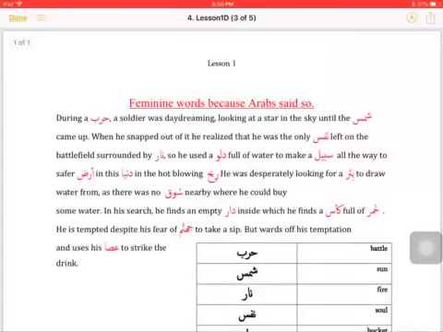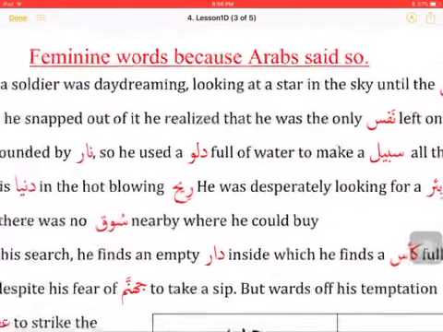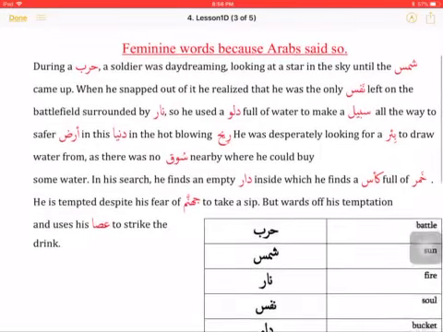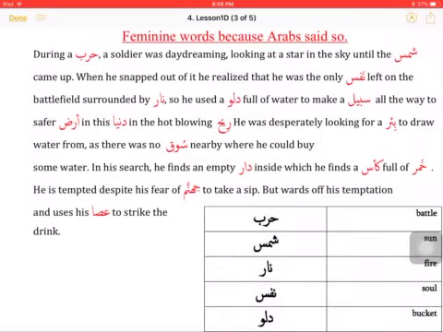So there is this story that Brother Nouman Ali Khan made to make it easy for his daughter to learn some of these Arabic words that are mu'annath. During a harb, a soldier was daydreaming, looking at a star in the sky until the shams came up. When he snapped out of it, he realized that he was the only nafs left on the battlefield surrounded by nar. So he used a dal full of water to make a sabil